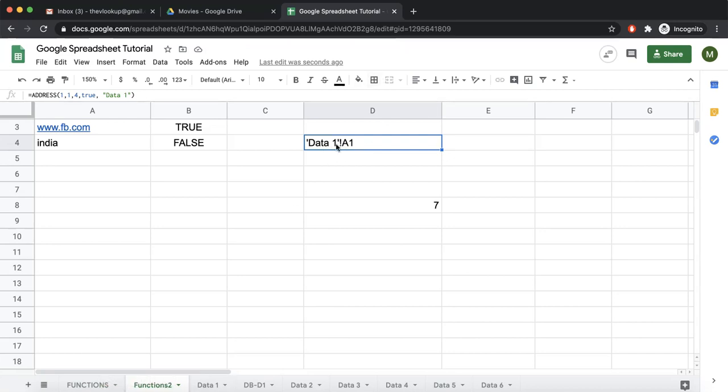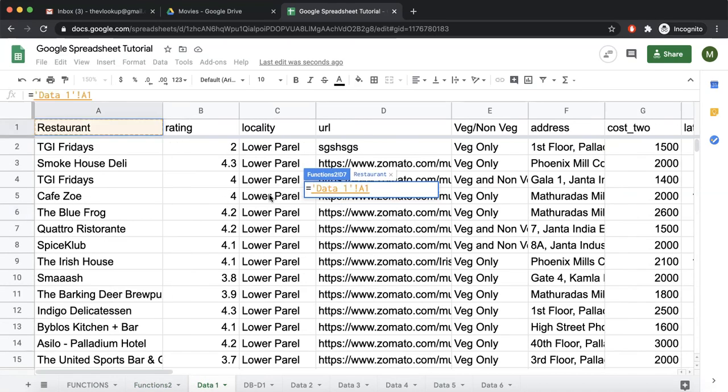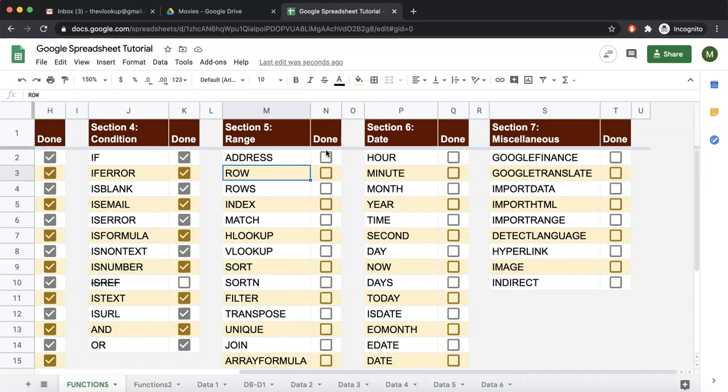When we can use this, even I don't have an answer right now, but you should know that it works without actually referring to the cell. So generally when we wanted to refer to data A1, we used to go to data and click A1. Then we are referring to data A1. But without going to data A1, we can actually get the reference name of the cell. That is what address does.